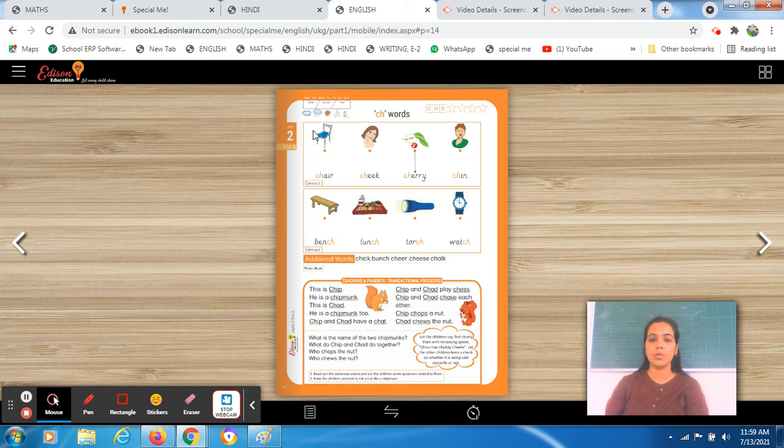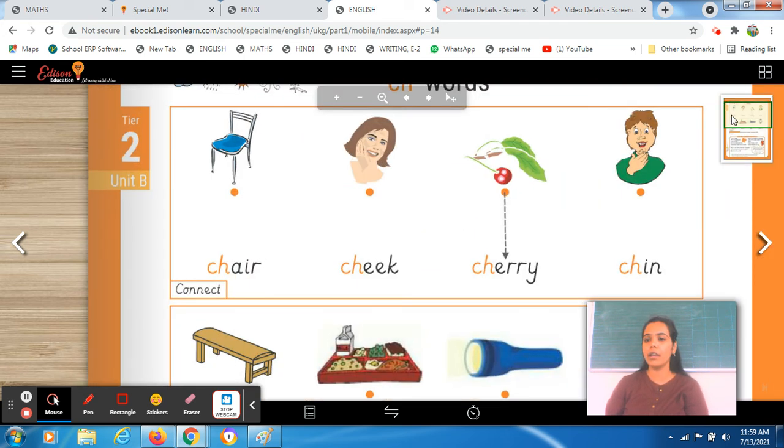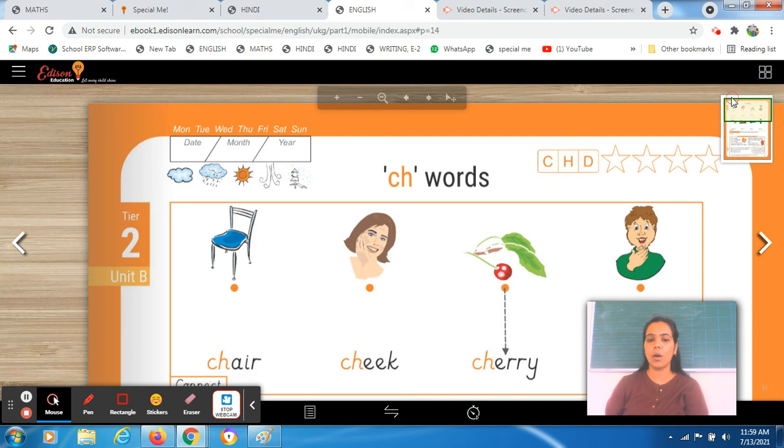Okay? So before starting this worksheet, you all have to fill in the topmost column. Write today's date on top. Here in this column, you have to write the date, and you also have to circle the day. What is the day today? You have to circle it. Okay. Go outside, check the weather today, and circle the clip art.